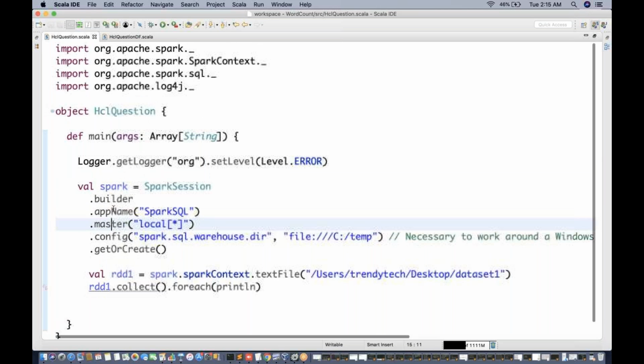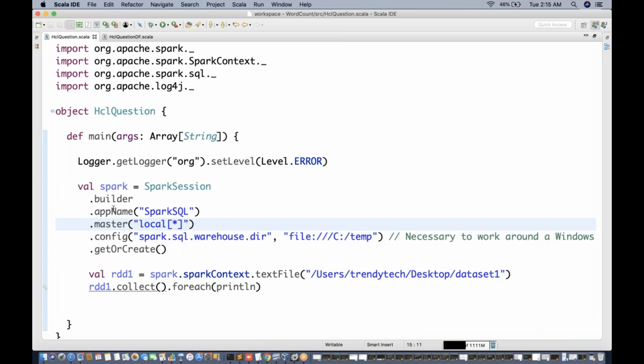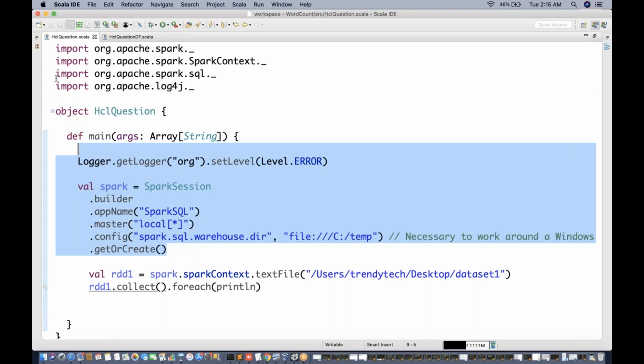So I have basically created the skeleton of the program so that I do not have to work on these aspects, because I want to write my logic only. And if you were to write this code in Spark shell, none of these things were required. You could have directly started from your logic itself. But just since we are trying to do it in our IDE, all this boilerplate code is required just to make our program work. However, this does not have any logical part as such, right?